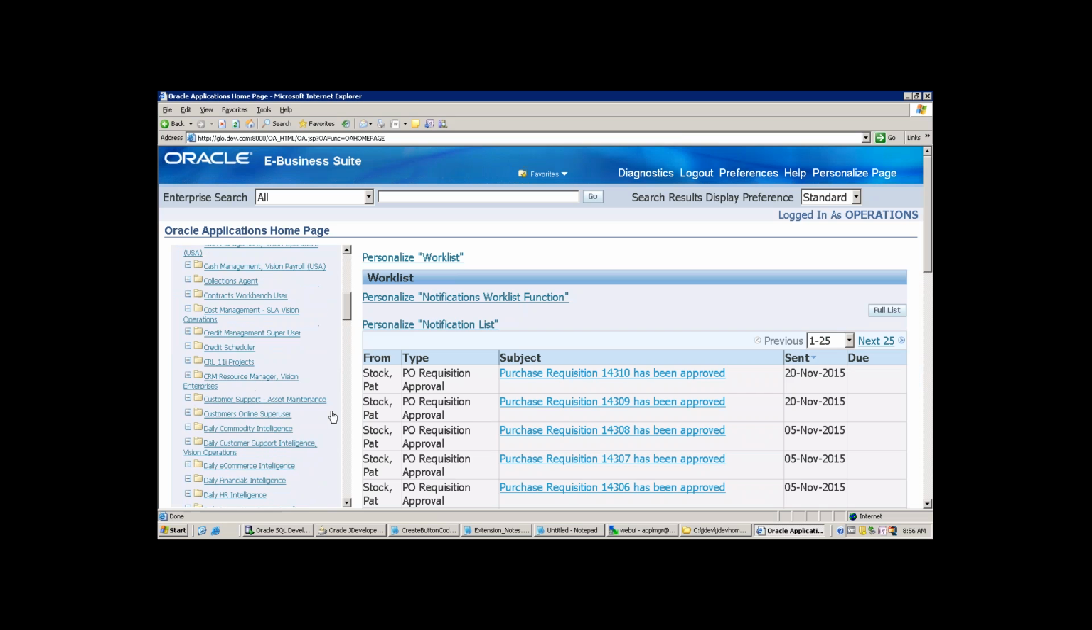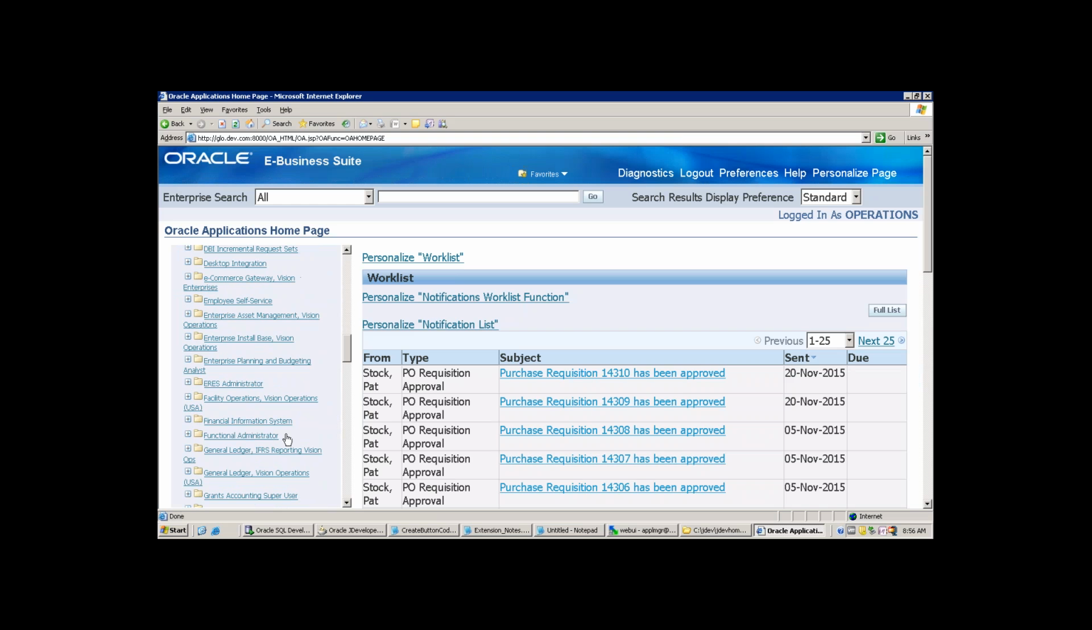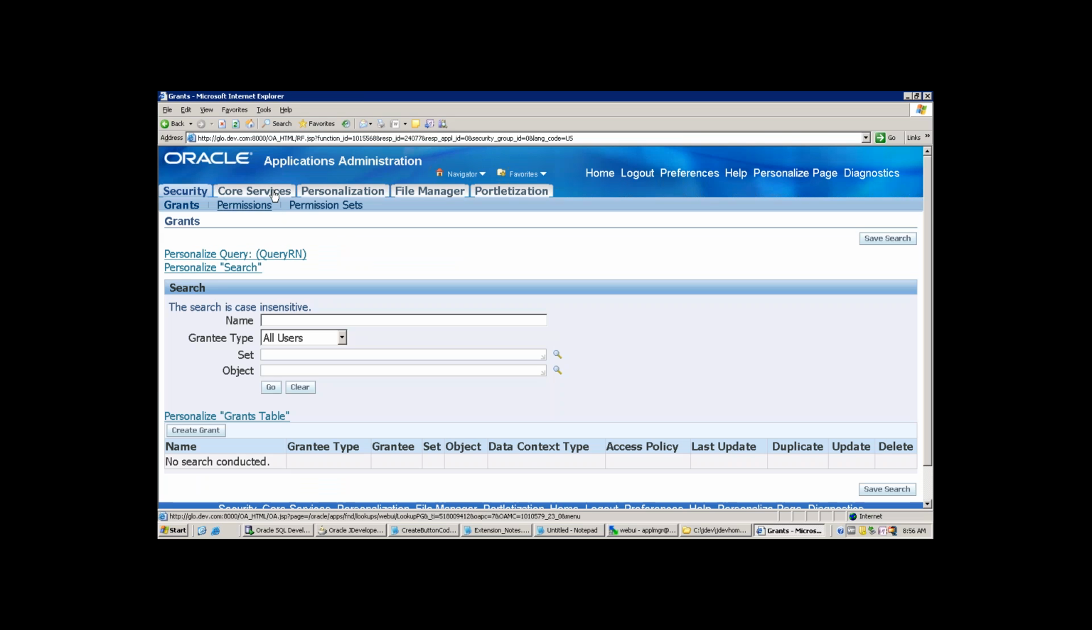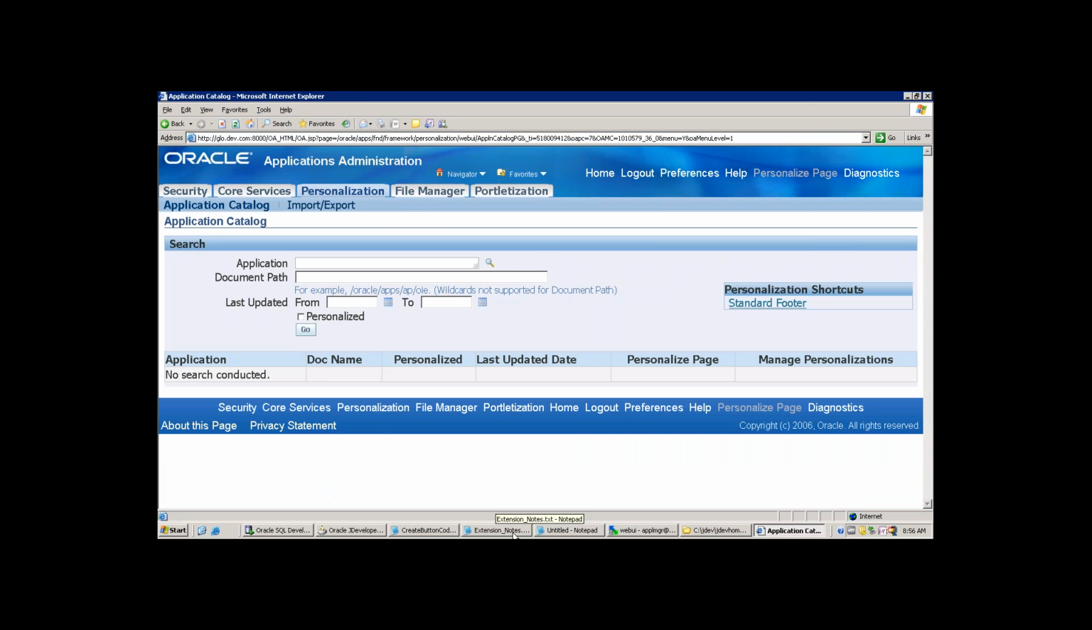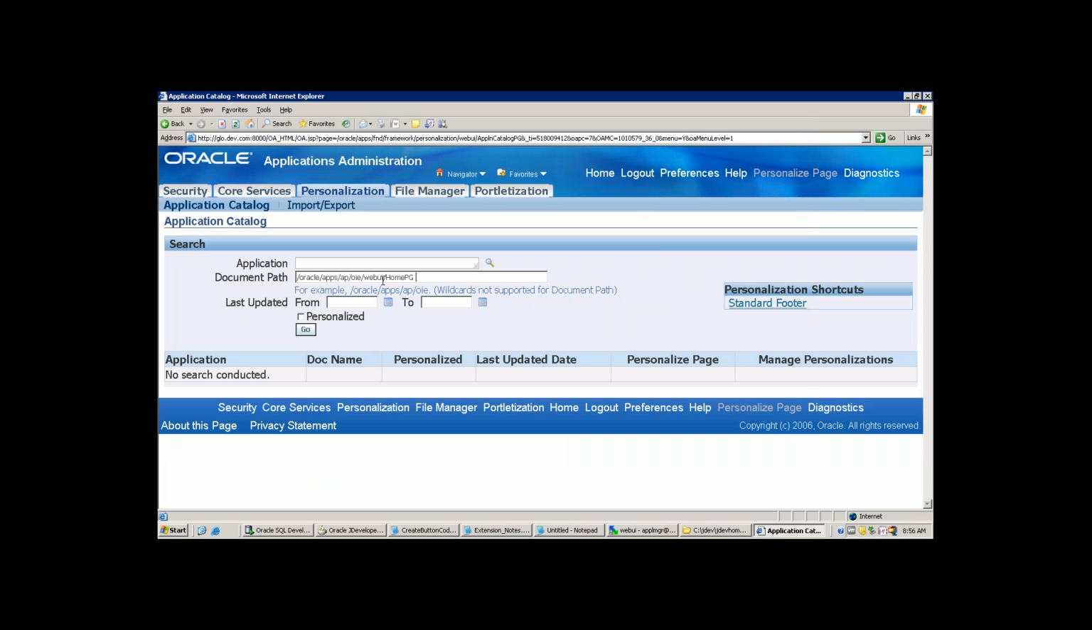Now I'll go to functional administrator and click on personalization. Now mention your page path. That is where your page path comes into the picture. It is very important now. So I'll mention my page name, page path,